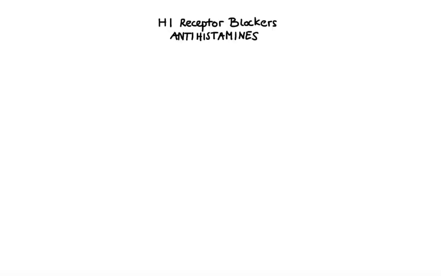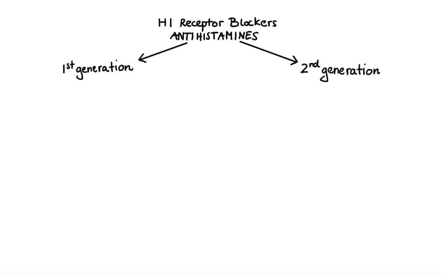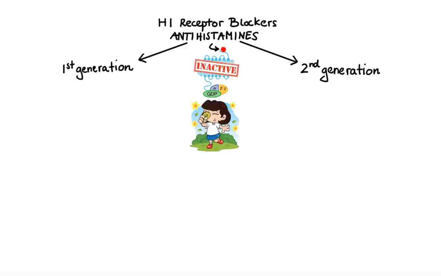So the H1 receptor blockers can be divided into the older or first generation agents and the newer or second generation agents. These agents act as inverse agonists, meaning they bind to H1 receptor on a target tissue and stabilize its inactive conformation. This leads to inhibition of histaminic actions and gradual relief of allergy-related symptoms such as inflammation, itching,